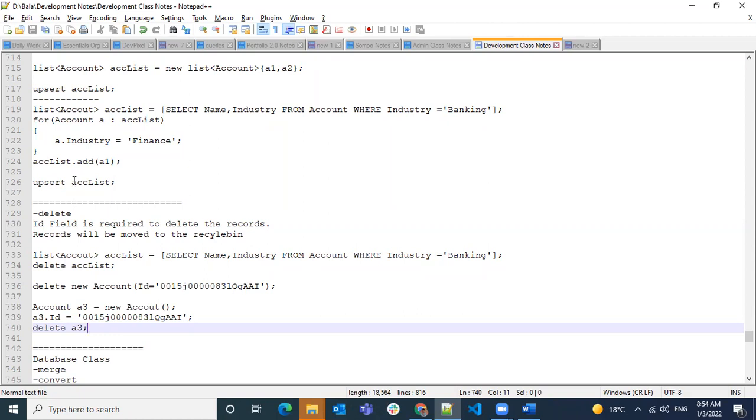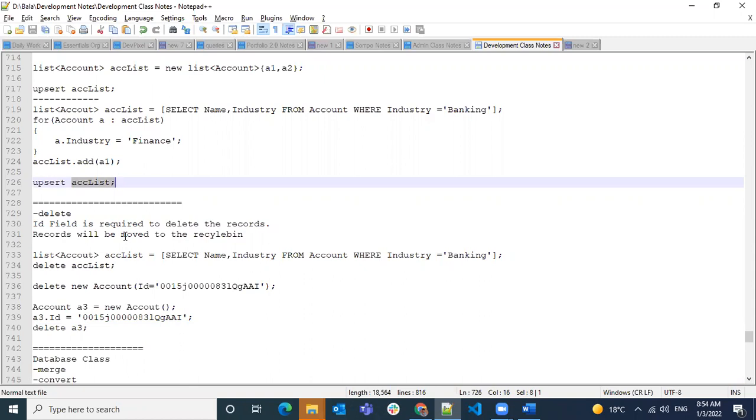Here also, if you have an issue with one record, it will fail the entire operation. Similarly for delete as well. For delete operations, validations or required fields don't apply.